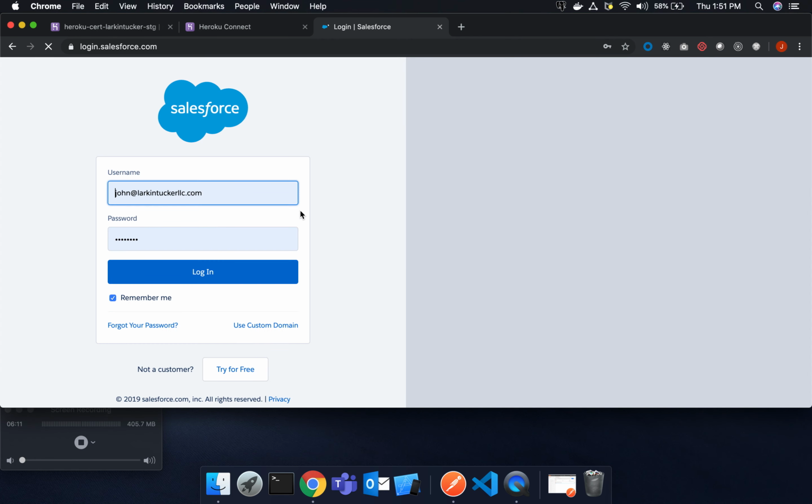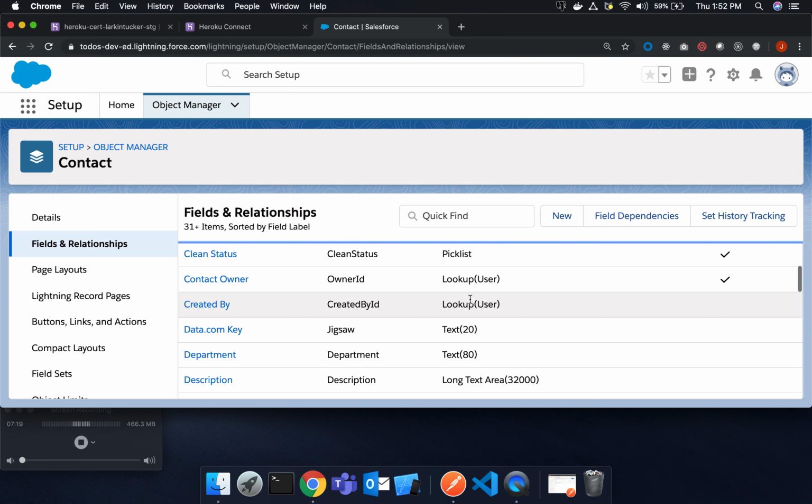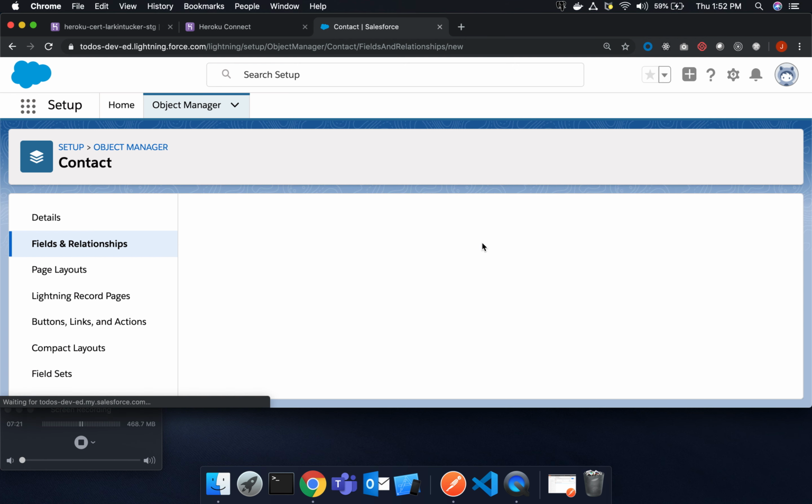I think I Googled it, and when we use the UUID library, it looks like we actually have 36 characters that we need to maintain as external IDs. Now, we could change this, but I'm going to go through the exercise of creating a completely new external ID, just so you see the process of creating one. So I could change this one and move forward since it was already provided for me, but I'm going to create a new one. So I'm going to make a new field,